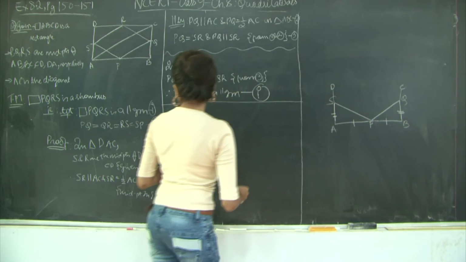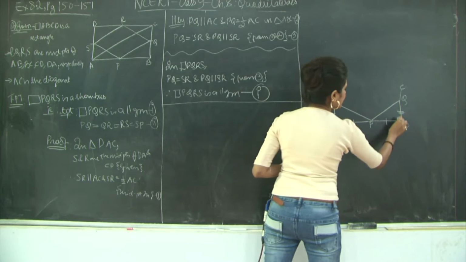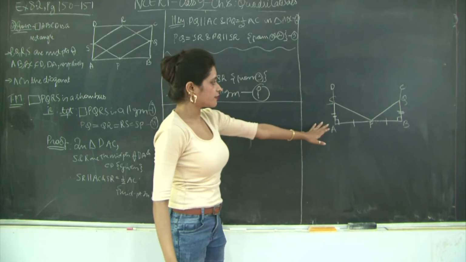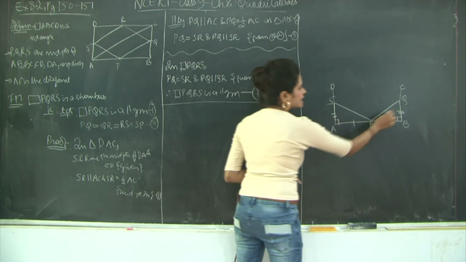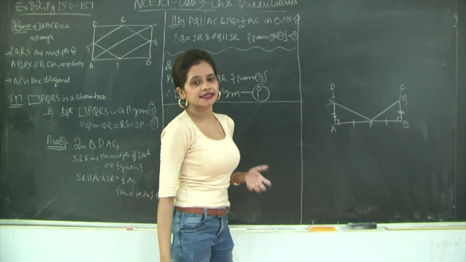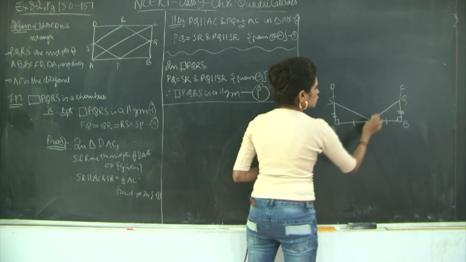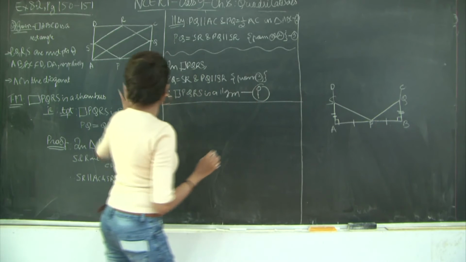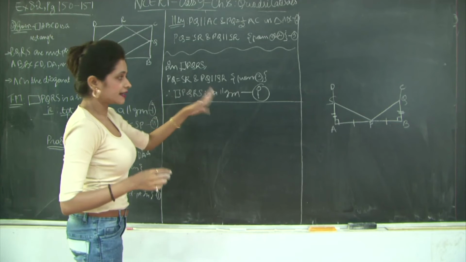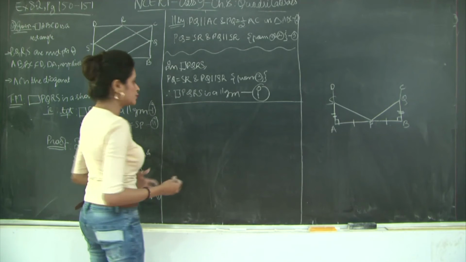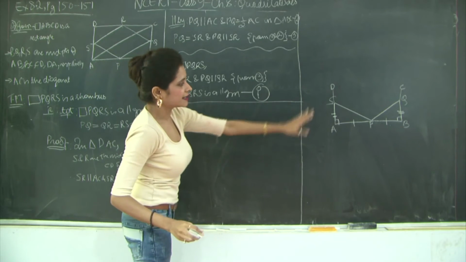Correct? And also, here each angle is 90 degrees because they are the angles of a rectangle. We know that for rectangles each angle is 90 degrees. Therefore, the two triangles are congruent to each other by the SAS test of congruence. Therefore, I get SP is equal to QP. So, we have at least proved two sides equal for my given parallelogram PQRS. Let us go ahead and write this proof and then we will continue further. So, now I will say, first let us prove that SA is equal to QB.